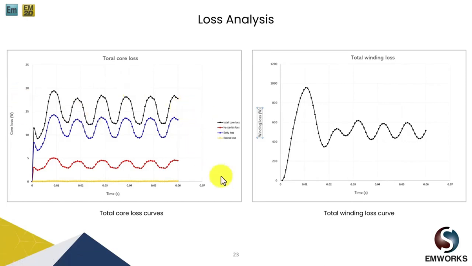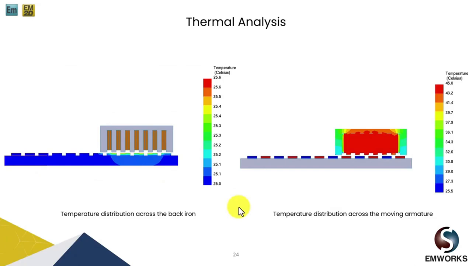Also, we have obtained its winding losses, which is copper losses generated in the model, and we see it's around 500 watt. Moving ahead, we have performed its thermal analysis. So we can see here that maximum temperature in the model is around 45 degrees Celsius, which is happening in the stator core, because that's where the heat is generated, or it's a source of heat generation, the current carrying